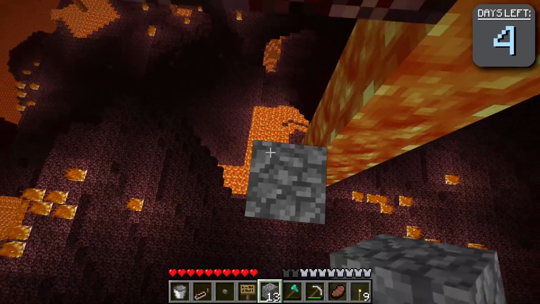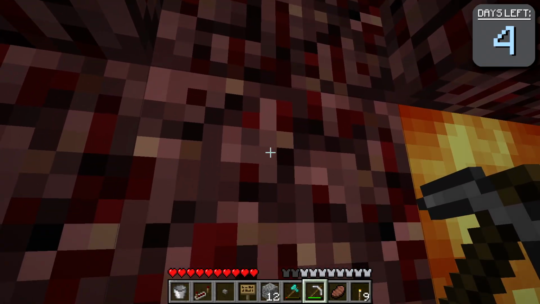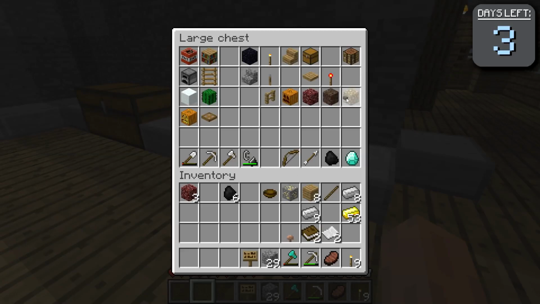But this plan was going to have to be the way to go, I decided, and I ran to the nearest lava pocket pouring out of the ceiling to do the same thing. Hopefully this one actually had a source block. Luckily, it did. Returning back to the overworld with 3 days to spare, I carefully added all the items I